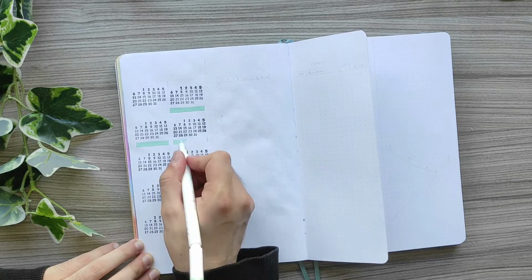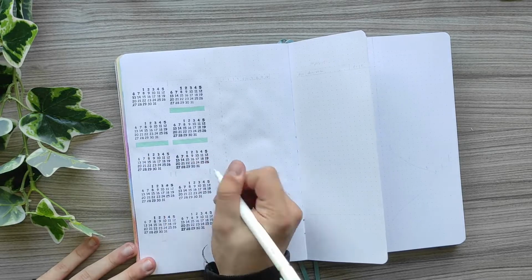But for the colors that I used for the headers, I used mint,